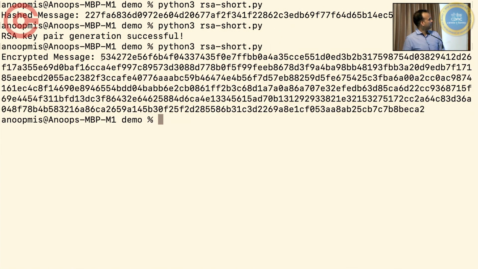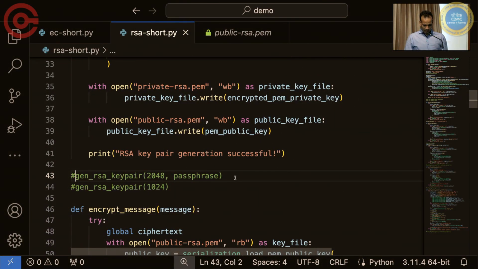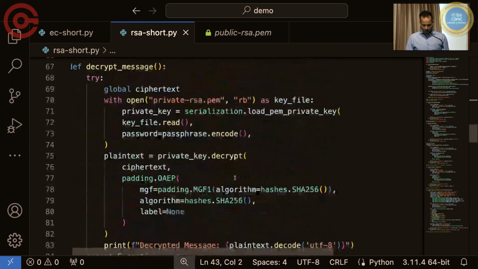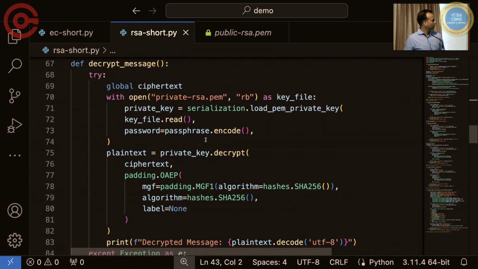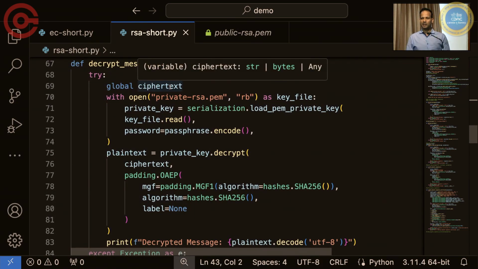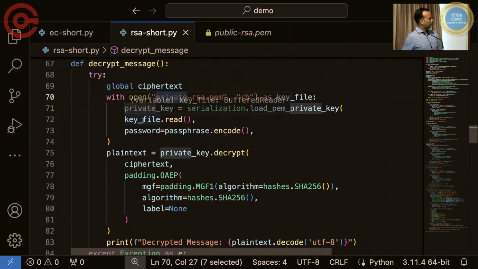So it is giving me the encrypted message in the hexadecimal format. Now, just opposite of the encryption part is the decryption part. The difference is that encryption was done using the public key, so the decryption will be done using the private key. So I am reading the private key, loading into